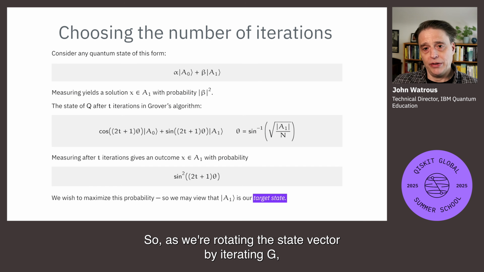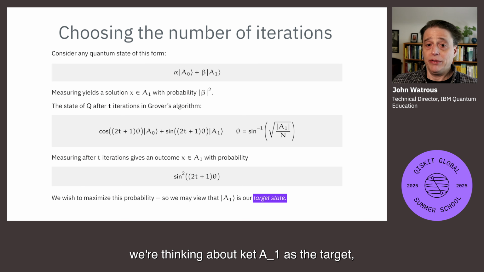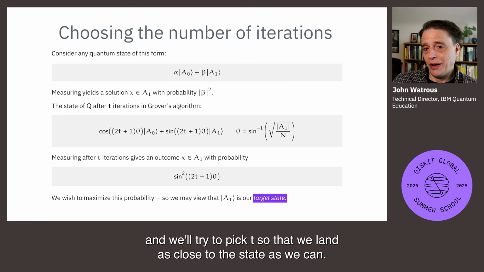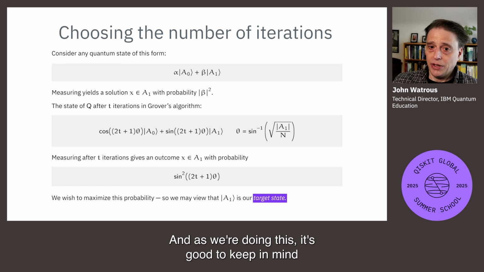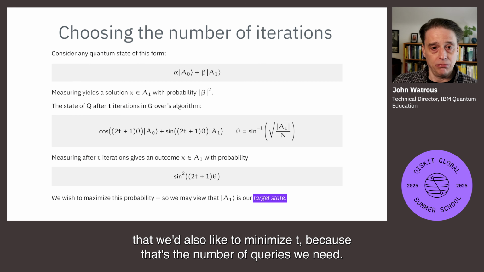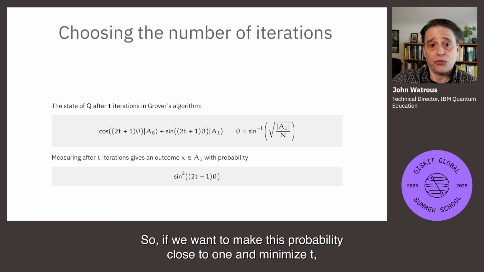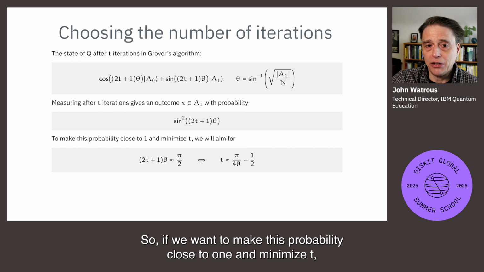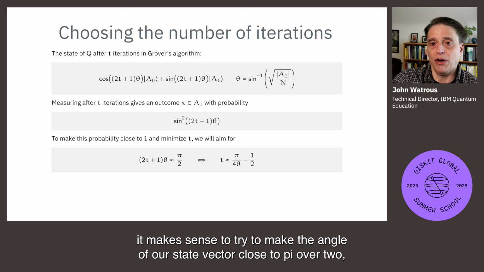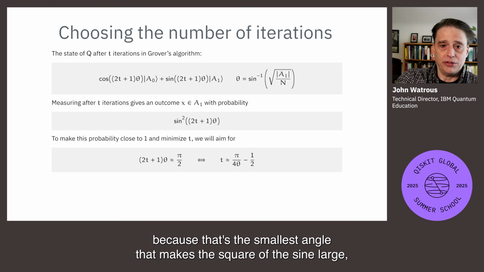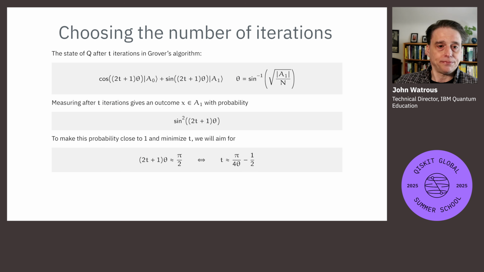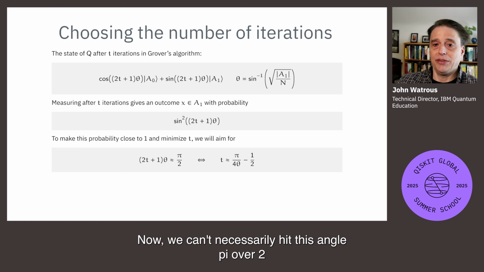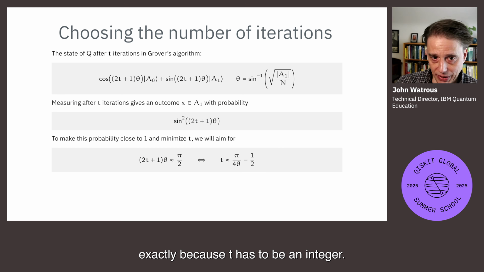So, as we're rotating the state vector by iterating G, we're thinking about ket A1 as the target, and we'll try to pick t so that we land as close to that state as we can. And as we're doing this, it's good to keep in mind that we'd also like to minimize t, because that's the number of queries we need. So if we want to make this probability close to 1 and minimize t, it makes sense to try to make the angle of our state vector close to pi over 2, because that's the smallest angle that makes the square of the sine large, so it's basically our first opportunity to make the probability large as we're rotating the state vector. Now we can't necessarily hit this angle pi over 2 exactly because t has to be an integer,